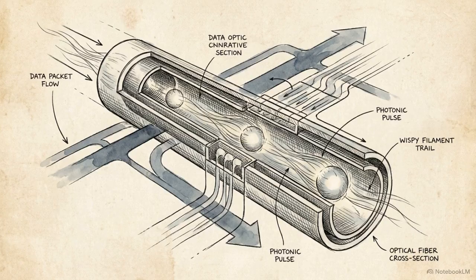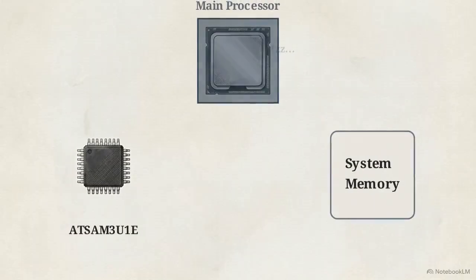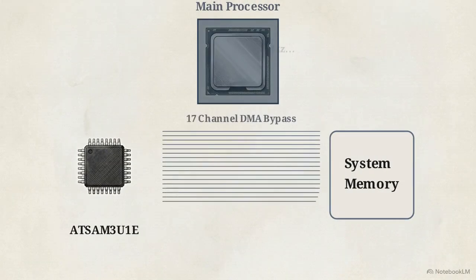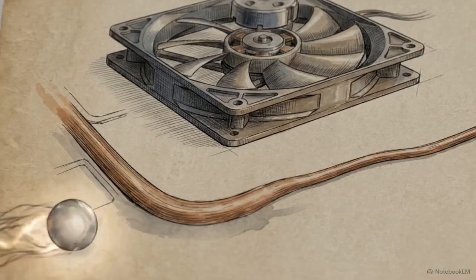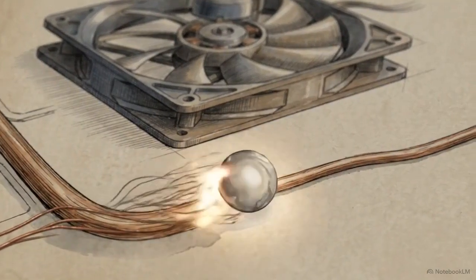Moving this data efficiently requires direct memory access, or DMA. The ATSAM3U1E features 17 peripheral DMA controller channels. These allow the microcontroller to pass data directly to system memory without waiting for the main processor to wake up and assign resources. By bypassing the CPU completely, this architecture prevents the thermal spikes that would otherwise trigger cooling fans